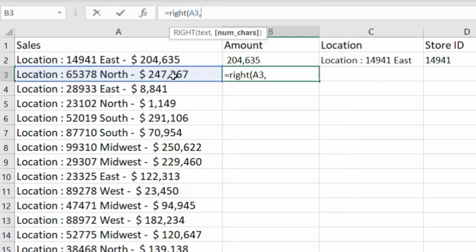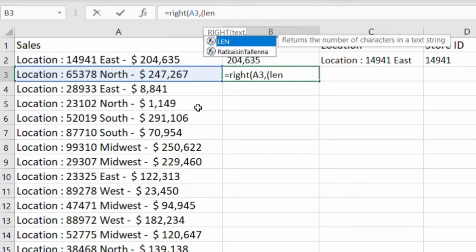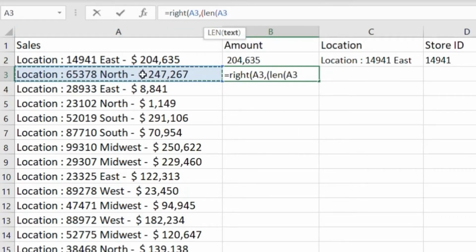To get the number of characters, we need a formula to tell it how many characters we want to pull. We want to take the full length of this cell, say it's about 40 characters, and then subtract off wherever the starting number is, say that's like 33 or so. Then 40 minus 33 would give us 7, and it would pull just these 7 characters. So we're going to do a double function here, LEN, which is the length. This is the easy one. Now it tells us the length of this cell,